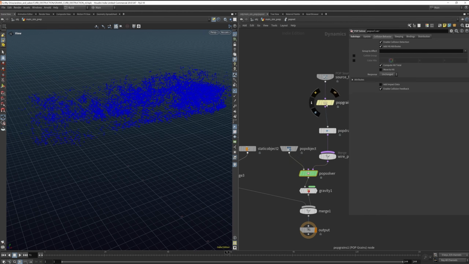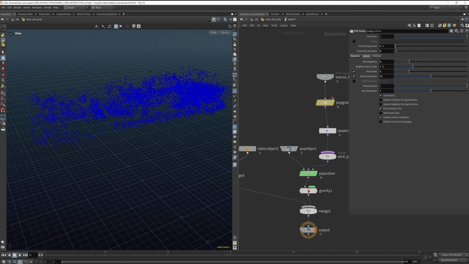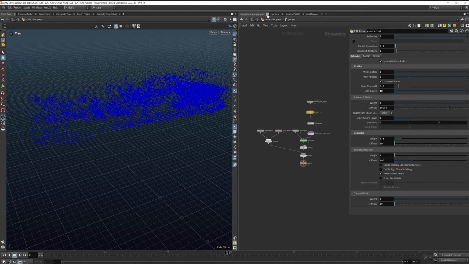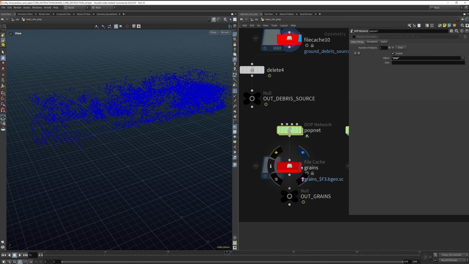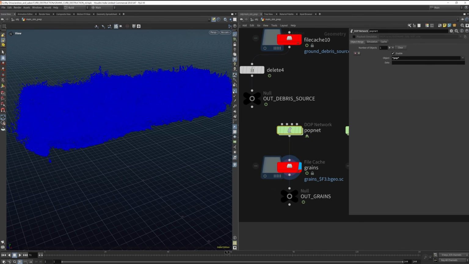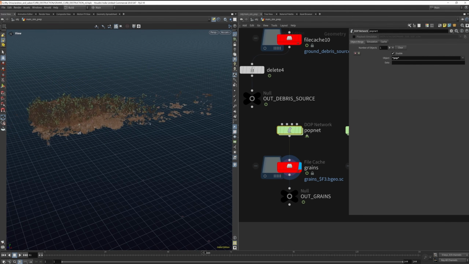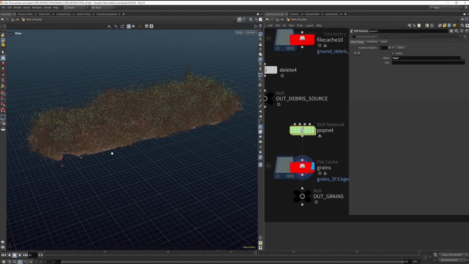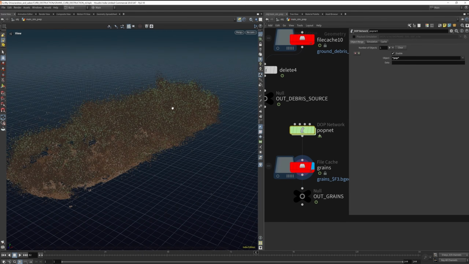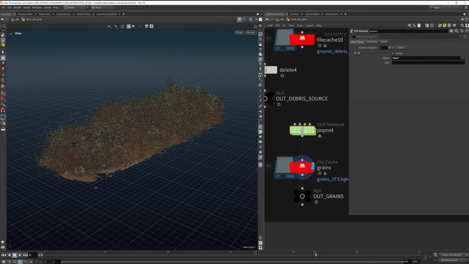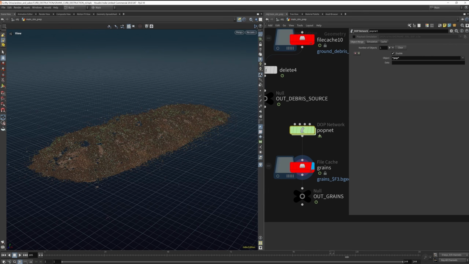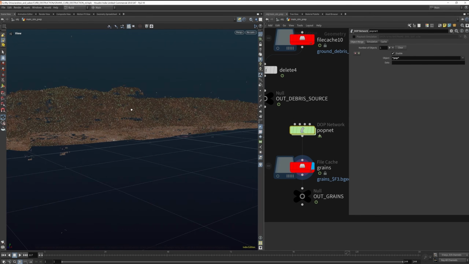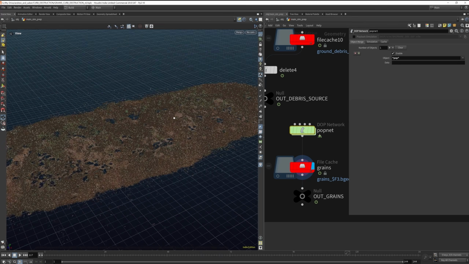So in this case, all we need is this very simple setup from the pops grains, and we can take a look at that result here. And like I said, the clumping that we see here is mainly just the layering up of particles on our